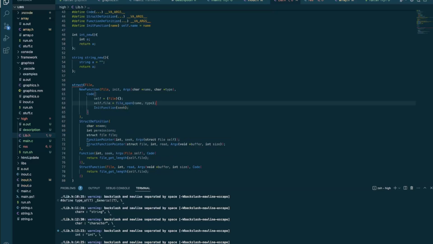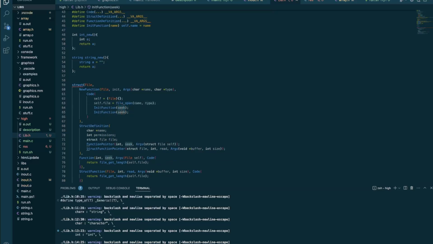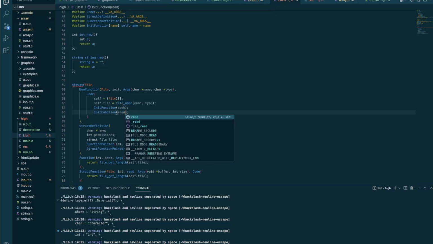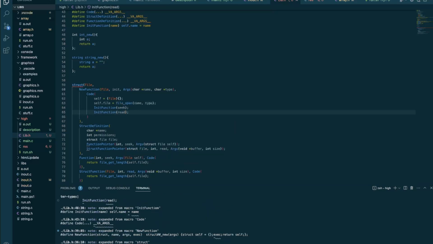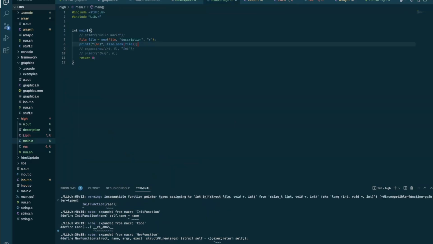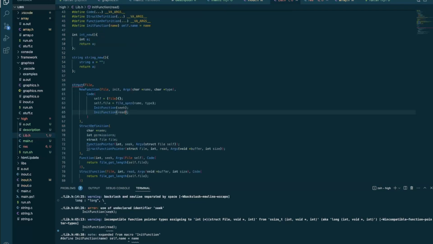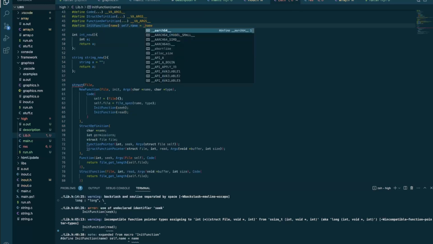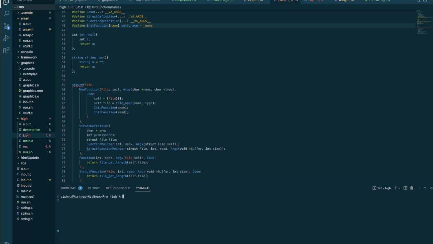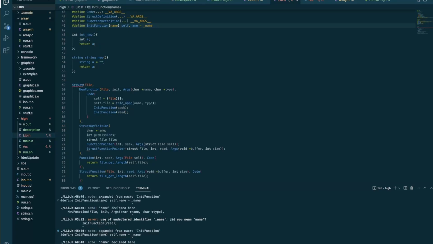So we need to init the function seek. We need to also init the function read. Use of undeclared identifier seek. Okay, yeah, I should make it understand this. Should I just